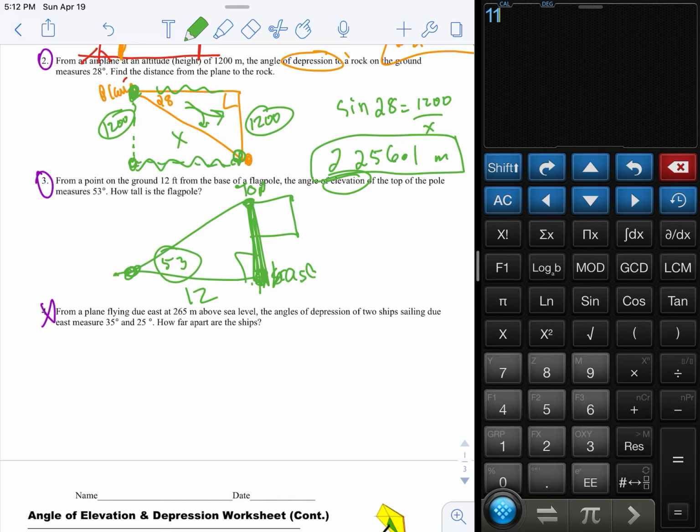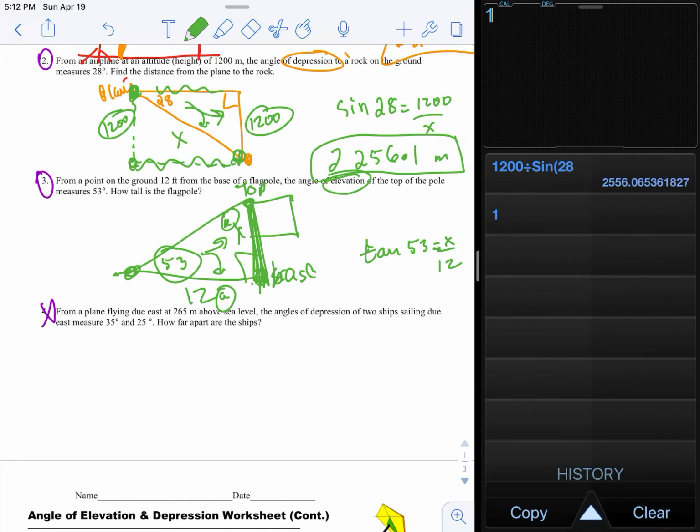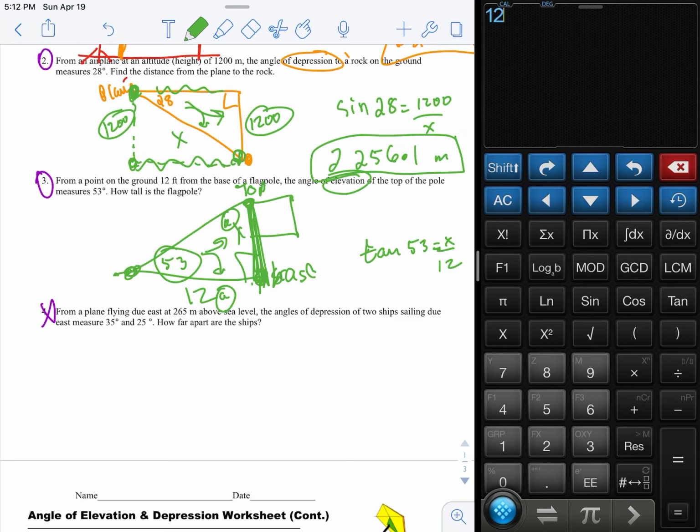This is the only place the angle goes. How tall is the flagpole? Okay, so what do we got here? Opposite over adjacent. Okay, so tangent 53 equals x over 12. So 12 times tangent 53. 15.9